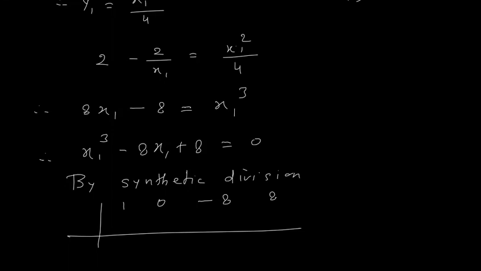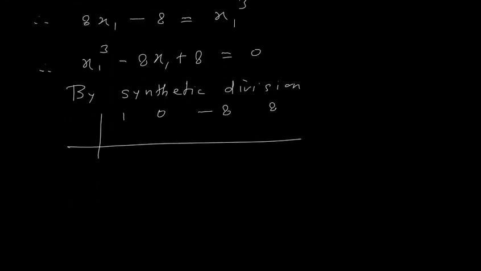So if I check with 1, I will get 1 here, then 1 plus 0 is 1, then 1 into, so 1 minus 8 plus 1 is 7, then I am not getting 0. So with 2 I will check. So if I take 2, so then here I have 1, 2 ones are 2, then here I have 2, 2 2s are 4, here I have 4, minus 8 plus 4 is minus 4, and here I have minus 8. So what I am getting? I am getting 0, right?